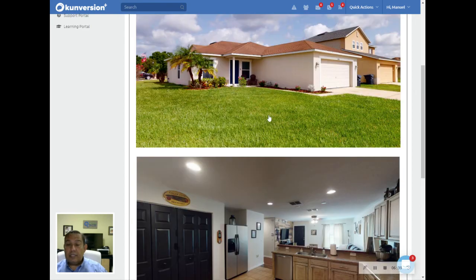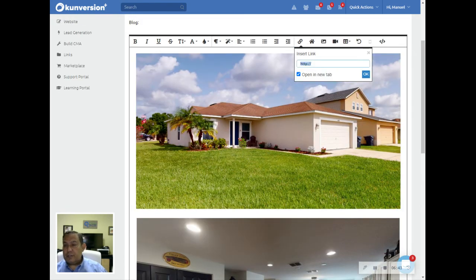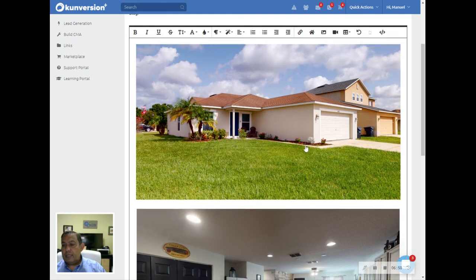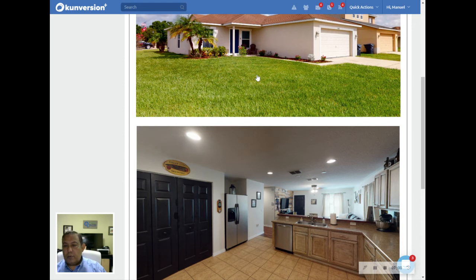Now, I was saying one of the things you can do is you can take the picture, and we can add a hyperlink to the picture. Again, we're going to send them to the website. So 4037 Festival Point, hit OK. Same thing with this one. We're going to add a hyperlink. We're going to add the same thing. Hit OK. Now when people are hovering over this, they can click and it will take them directly